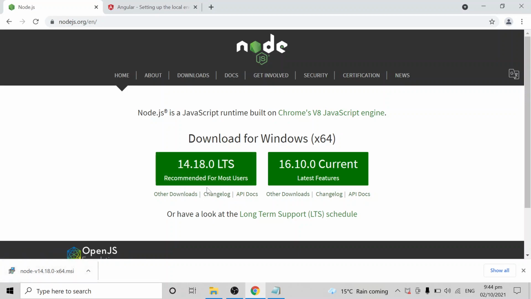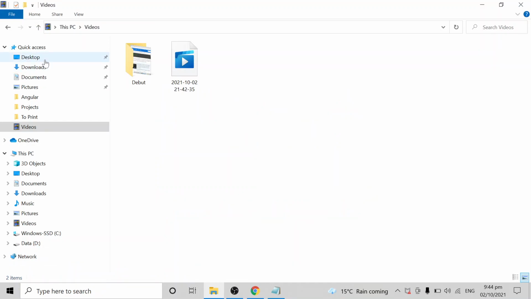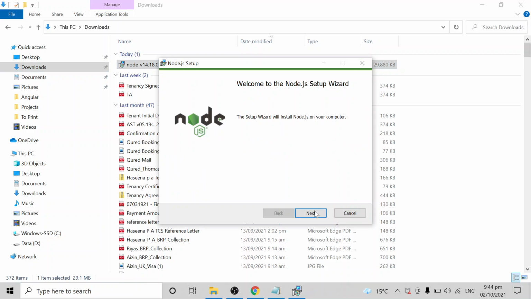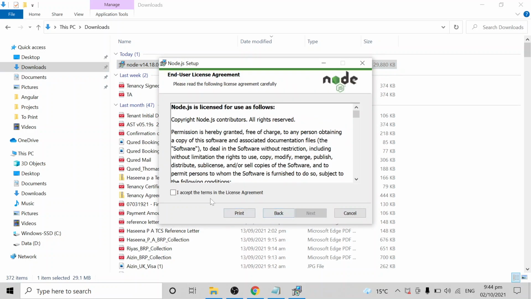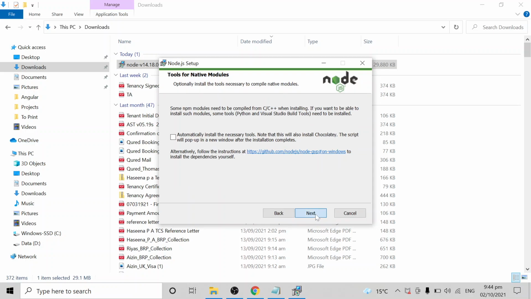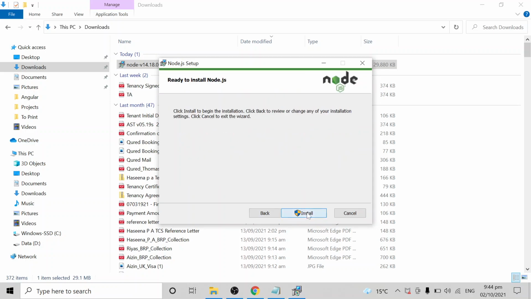When I click on it, it will be downloaded, and you can double click on it, then click on next, then finally there will be an install.